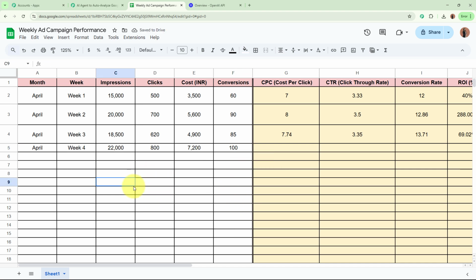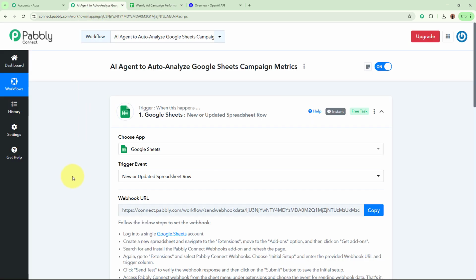So you can see that I've added the new data. Over here, month is April, week is 4th. This is the impressions, that is 22,000. Clicks are 800, cost is 7,200 and it is 100 conversions. Okay. So as now I've added the data in the spreadsheet, I'm going to go back to my workflow and